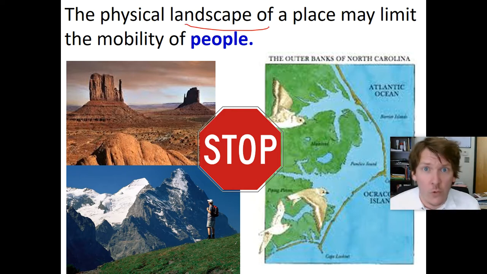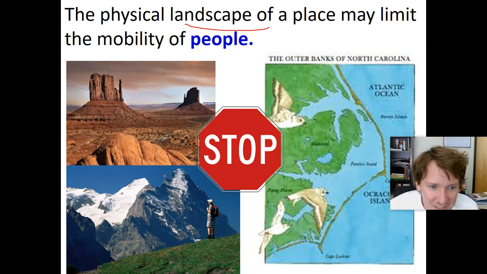We can study this from all around the world. It still exists today. We can see places around the world where there are difficulties created by landscape that are still keeping people out. Still, there are deserts where people aren't living. There are mountaintops where, you know what, I'm not going to go live up here on the top of the mountain. I don't think I should build a house up here. If I am lucky enough to survive and climb my way up there, how am I going to get food? How am I going to get water? How am I going to survive day in, day out up here? We're going to climb all the way down every single day.